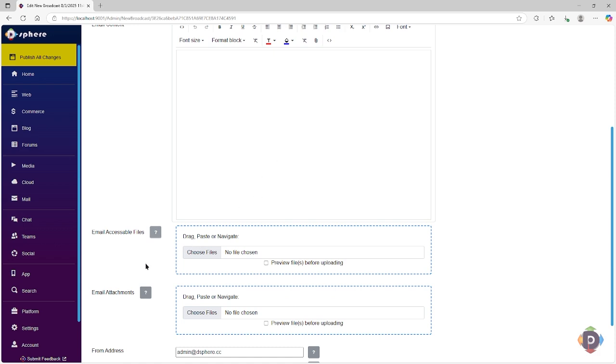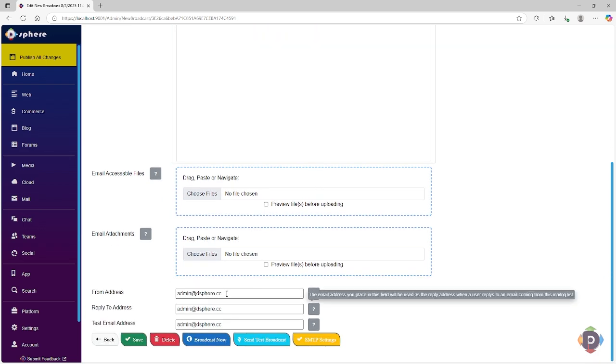And then, of course, you can create email accessible files and email attachments. What this means is an email attachment is something that gets directly embedded into the email itself. So you submit it, and it's part of the email, it goes into their inbox as an attachment. If it's an email accessible file, let's say a comprehensive video, something that's too big to fit in an email itself, or something that you'd like to have downloadable, an image asset, things like that, you don't necessarily want it as an attachment. You can generate it as an accessible file and have that as a clickable link, and then it'll show up, and people can do whatever they need to.